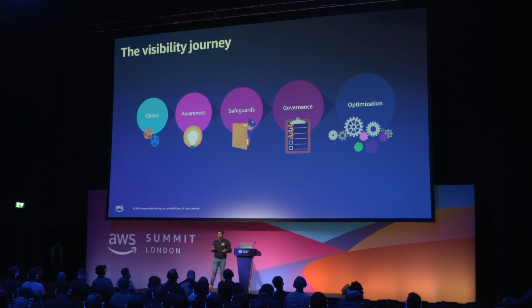As you get more and more of your environments running in the cloud, you start to get to a place where it's difficult to scale the safeguards that you have put in place to operate your workloads on the cloud. Because you need to look at policy management, you need to look at IAM access, you need to go through the security reviews which you have put in place within your organization. You might take a pause here because of the complexity involved with the guardrails, because you need to make sure your workloads are satisfying the guardrails which you have put in place so that they can operate securely on the cloud.